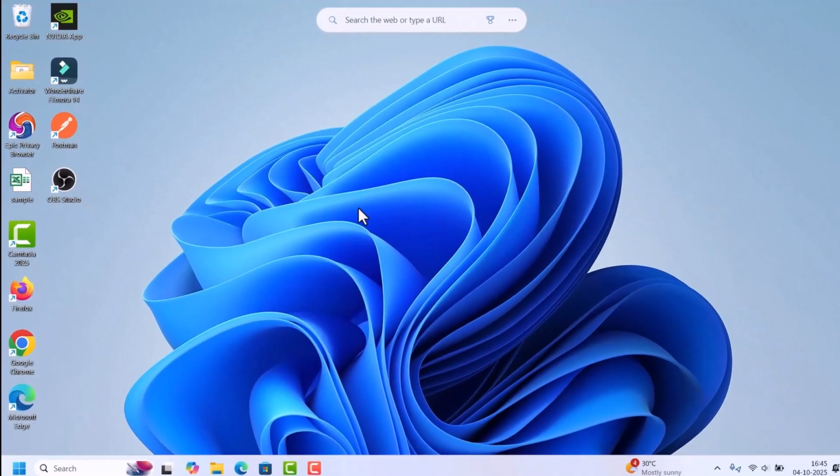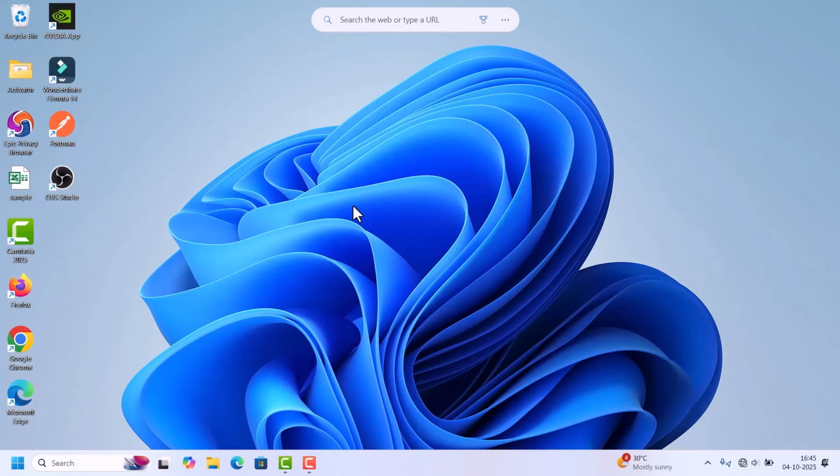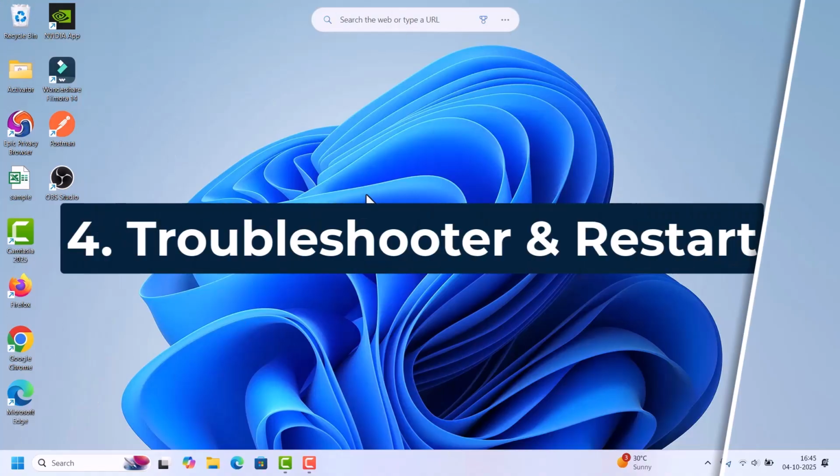If not, maybe you need to change the settings in Zoom or Teams and other apps which are unable to access the camera. And finally, if the issue still persists, we need to do the troubleshooting and restarting the